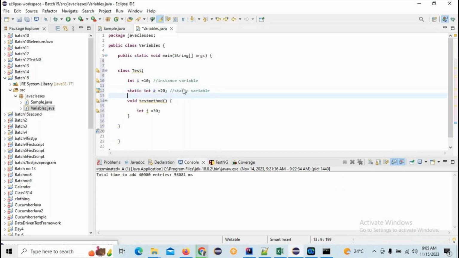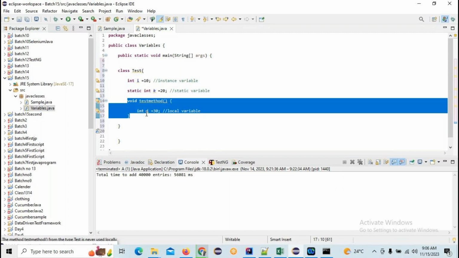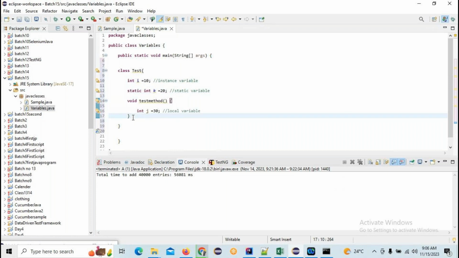So this is called a static variable, and this is very important. This is a local variable. Why are we calling it a local variable? Let me explain. This int j equal to 30 is inside this method, so the life of this j variable is within this method only. You can't access int j equal to 30 outside this method. For example, if you give System.out.println and give j outside the method,